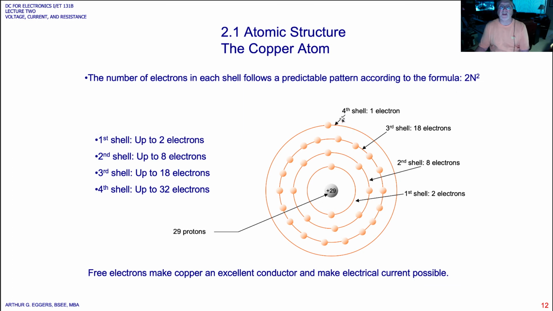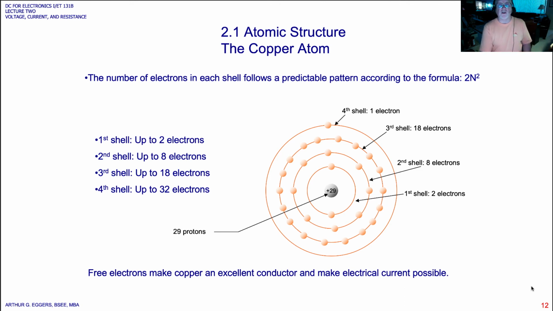Okay, so we can see here in the Bohr model, 1 electron in the fourth shell, 18 electrons in the third shell, 8 electrons in the second shell, 2 electrons in the first shell, and then we have a total number of 29 protons in the nucleus. Free electrons then make copper an excellent conductor and make electrical currents possible. So this is the whole